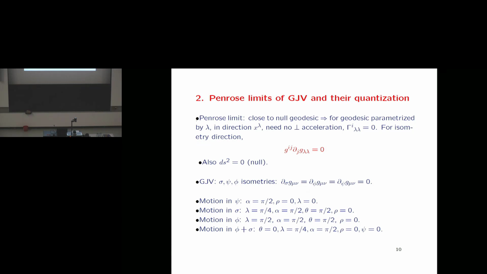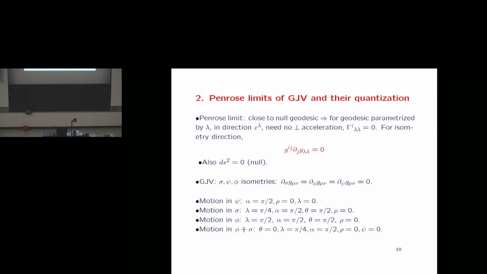So let's now consider the gravity dual side and take the Penrose limit. In general, the Penrose limit corresponds to going close to a null geodesic in the background. And consider the geodesic being parameterized by some affine parameter lambda. So then the condition for obtaining this Penrose limit is, first of all, the geodesic to be null, and second,